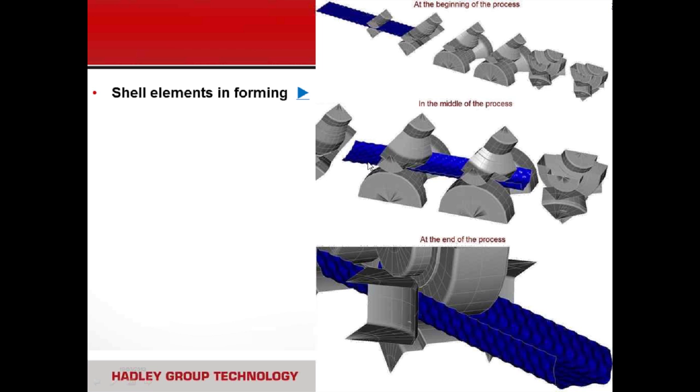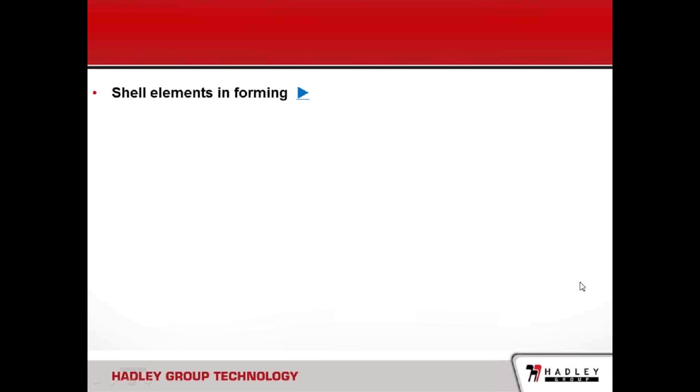The middle one presents the strip being formed in the middle of the process, and then in the bottom you can see the end product is a channel section. And then